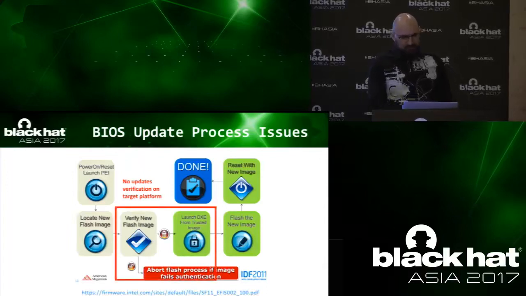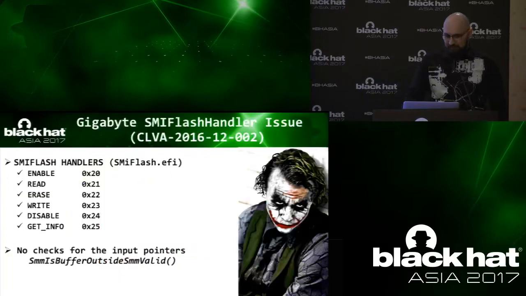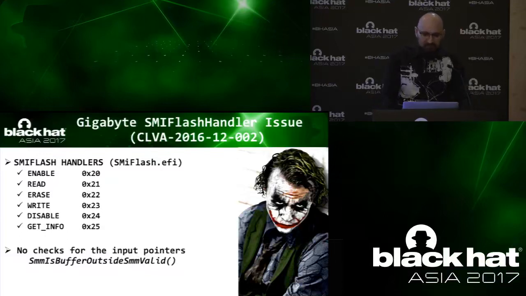So we don't have this part in the BIOS updates, but we also have the SMI flash handler, which has specific callback functionality